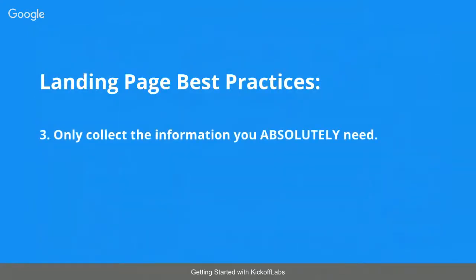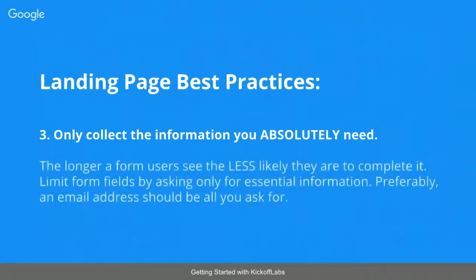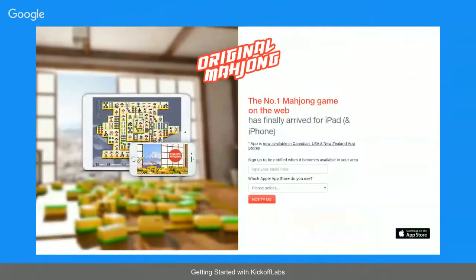Okay, so this is as far as form fields. You should never be asking for any form fields that are going to bring down conversion and that are things that you don't really need for your business at this time. If it's not essential information, don't ask for it at this time. So this is a good example where we're asking which app store do you use? Yes, it is useful information in this case because they're measuring which app store they should